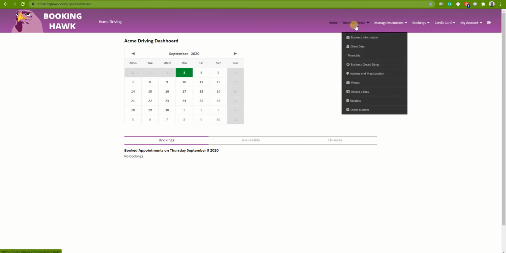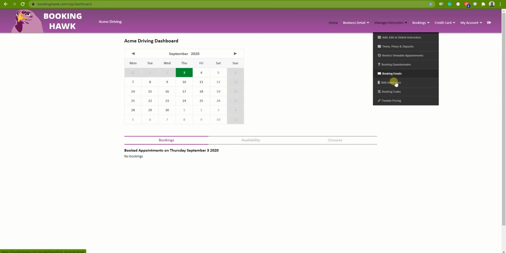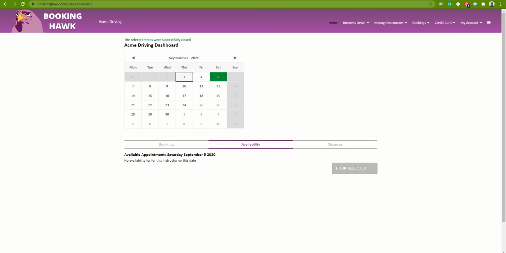A couple more things in here. I'm not going to show you everything. There are SMS reminders in here as well. Now they are a little bit extra. They cost 8 cents per text, but you buy them in a bundle. And then there's the booking questionnaire, and the booking confirmation email, which you can customize. But probably the most powerful thing in here is that you can control a lot of what